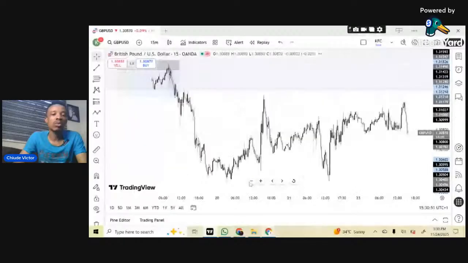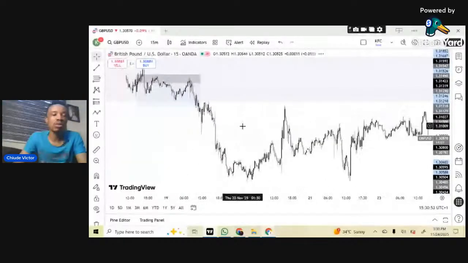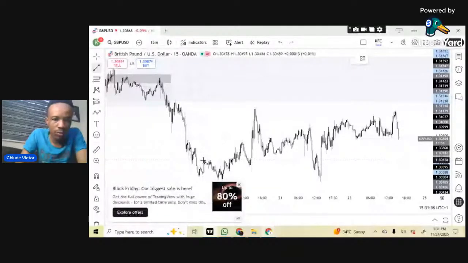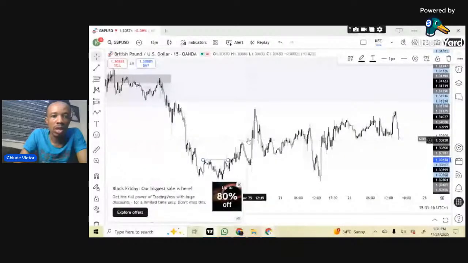So where is the most recent low that gave us the massive move on GU? If this is the most recent low, you could call this the most recent low. That means all of these are bullish confirmations, because as long as price has taken out this low, this is the first bullish move and this is the second bullish move.